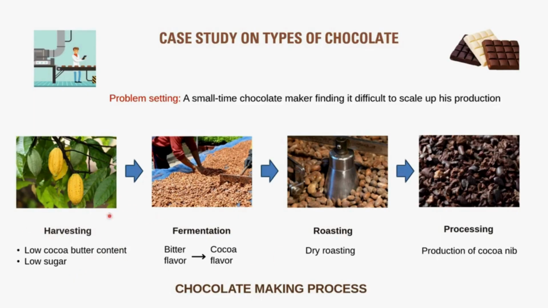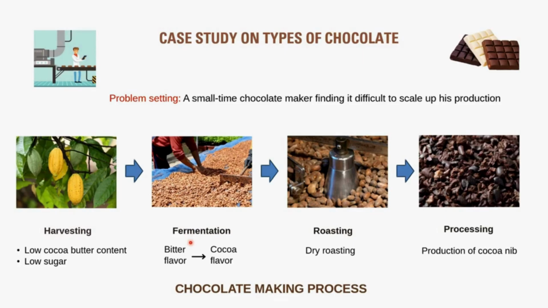These pods are then subjected to a fermentation process where they are cut open, and both the cocoa beans as well as the pulp surrounding the bean is subjected to a three-stage fermentation process during which you have various microorganisms, mainly yeast and bacteria, acting on the sugar present in pulp, converting it into various chemicals responsible for yielding cocoa flavor. Both under and over fermentation can lead to off flavors.